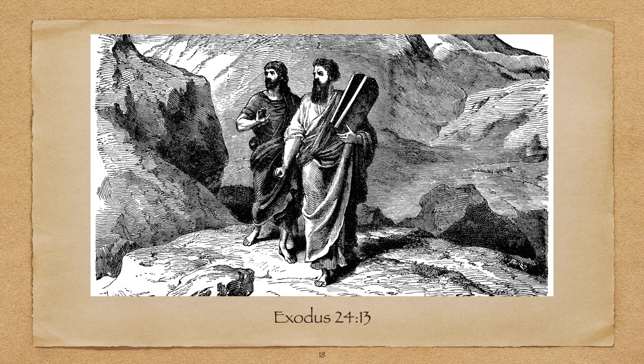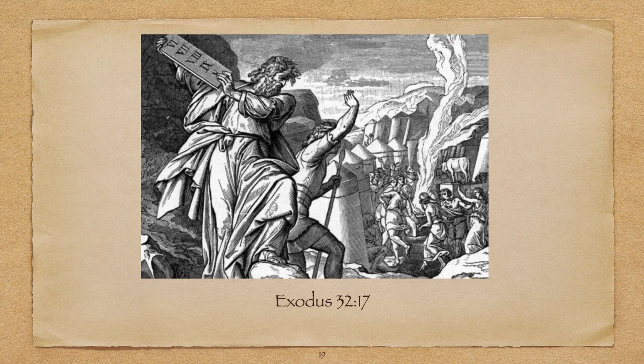Next, we read of Moses and Joshua ascending Mount Sinai, where Moses spends 40 days and nights learning of the law and receiving the 2 tablets of stone with the commandments of God written upon them by the hand of God. Moses and Joshua then descended Mount Sinai with the tablets of stone, and they heard the sound in the camp, which Joshua thought was of war, but Moses understood it to be the sound of debauchery.